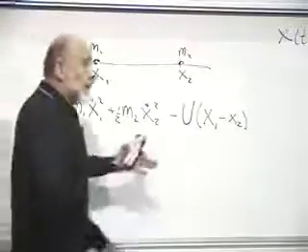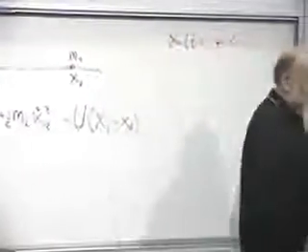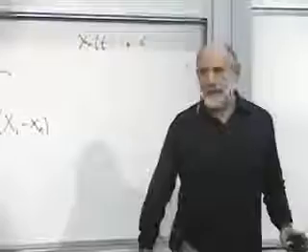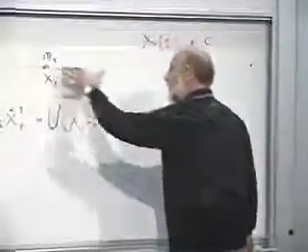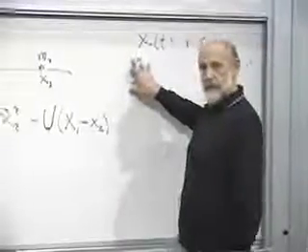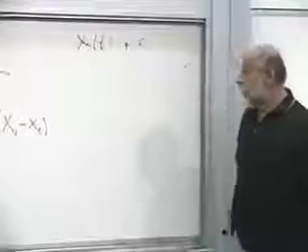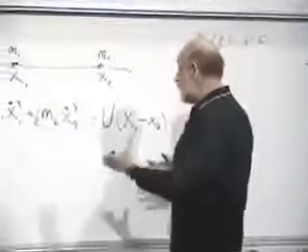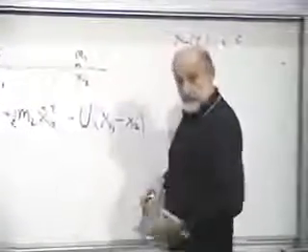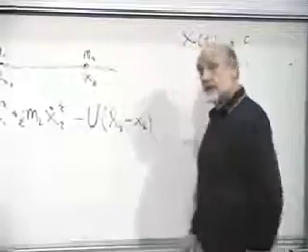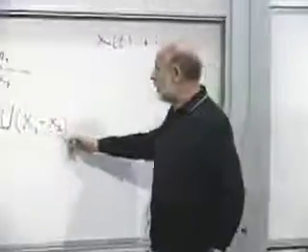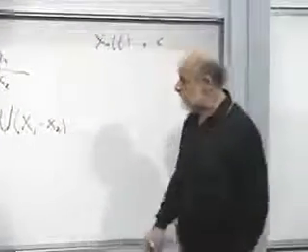Now, this would not be the case if there was a large lump of matter out here that happened to be exerting forces on both x1 and x2. Then the potential might also depend on how close you were to that lump of matter. It wouldn't just depend on the distance between them, but also on the distance to the big lump over here. But if the system is a closed system containing only two parts, and if it's translation invariant, meaning everything stays the same if you shift everything, then the potential energy can only be a function of the distance between the two points, x1 minus x2.